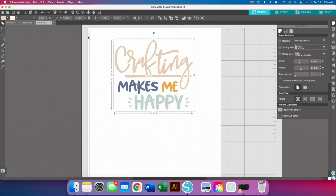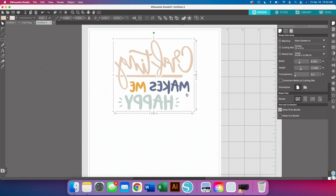So to mirror your image, come up to the top, click Object, and then Mirror and flip horizontally. There's also an option to flip on the print settings, but I like to do it on this page so I just don't forget and I don't end up printing out all these things that I can't use. Once you're satisfied with your designs and your colors and your sizing, you're going to print this out,